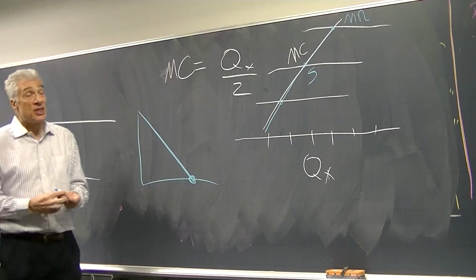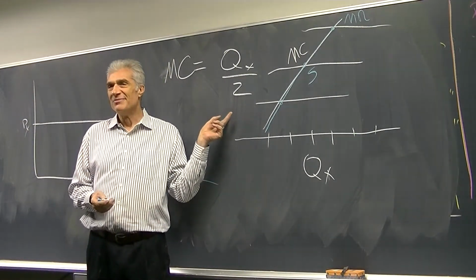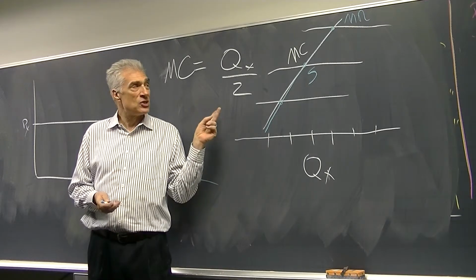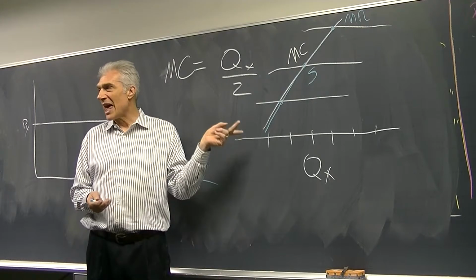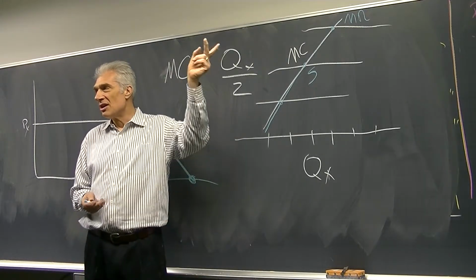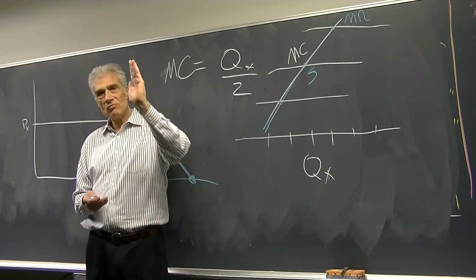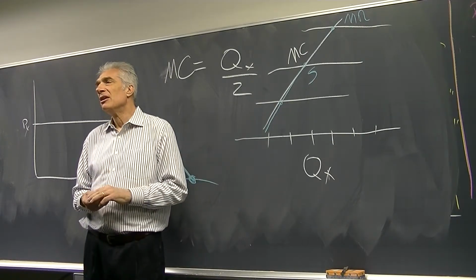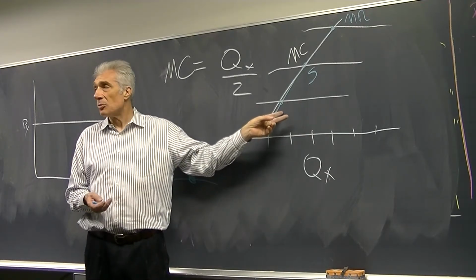At any rate, that's why we do this. So now you can understand why we model it this way. If your marginal cost is 0, then your price is 0. So in order to get a model where the firms are producing at some positive cost, you've got to have some kind of upward sloping marginal cost curve. And again, the upward sloping marginal cost curve is the supply curve.